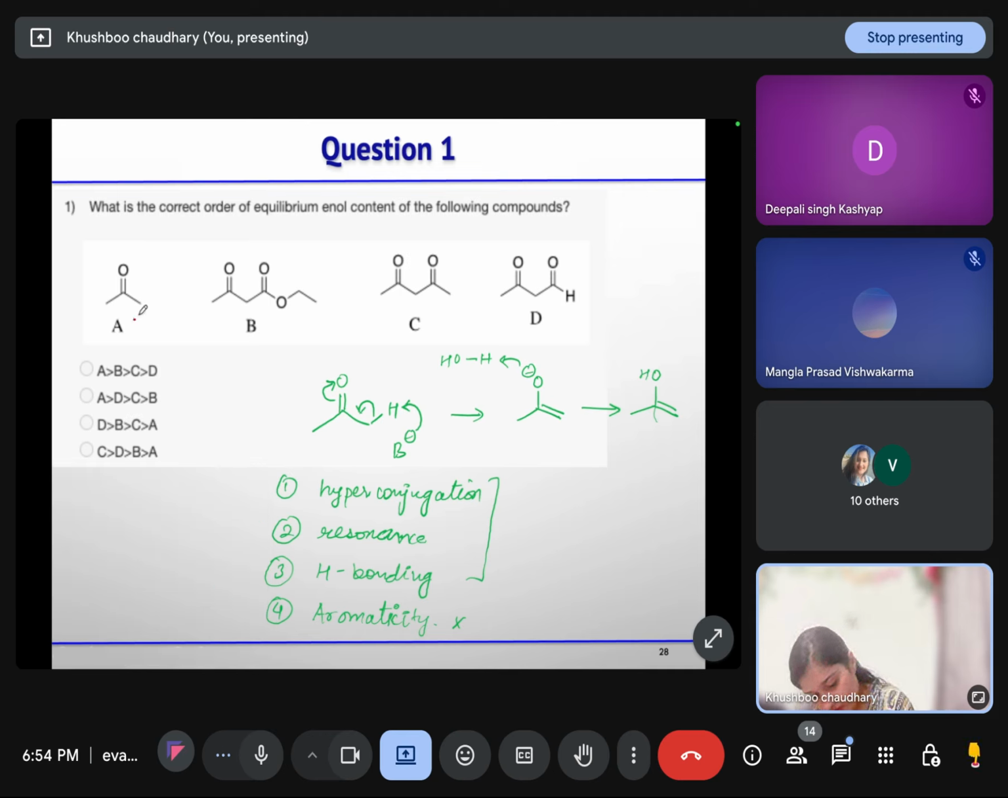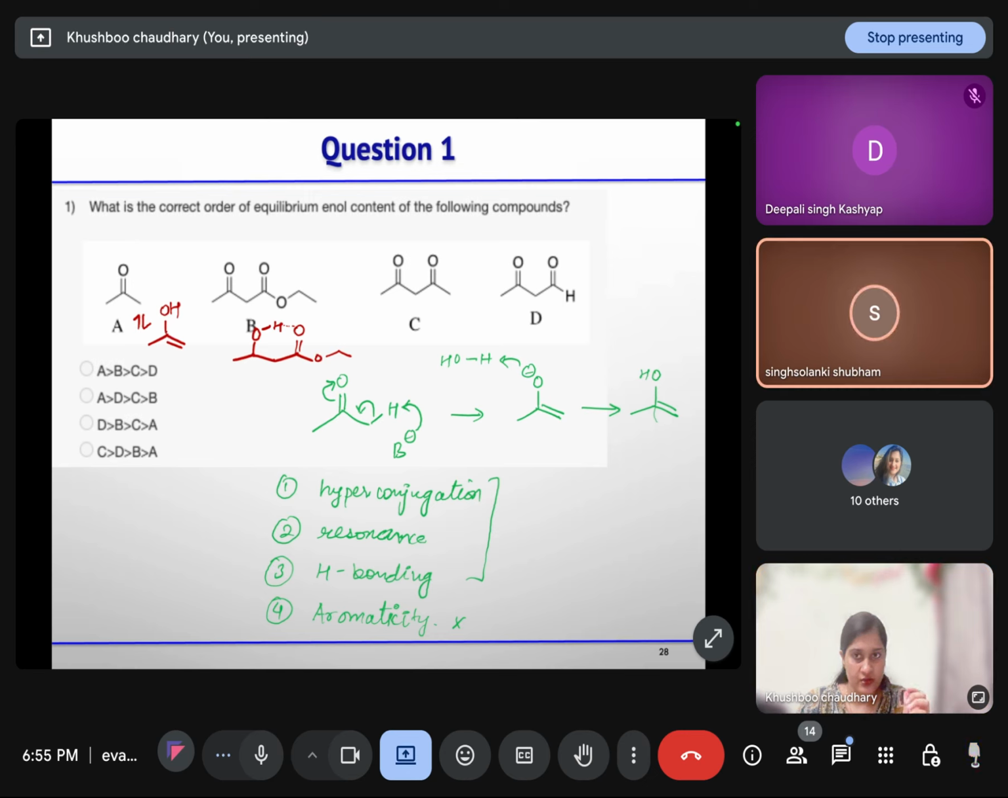So here the enol form is this, right? In the second case, now in this case hydrogen bonding is possible. Now in the third case, this is the enol form. And in the last case,